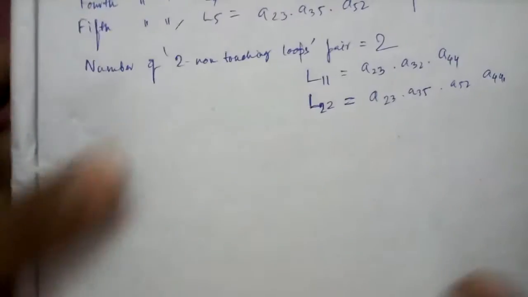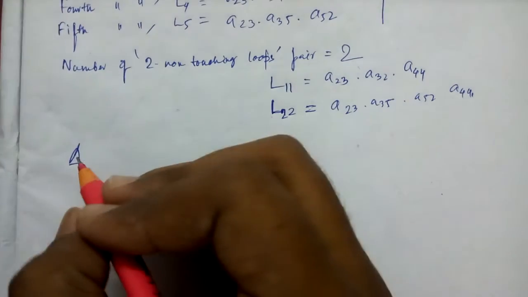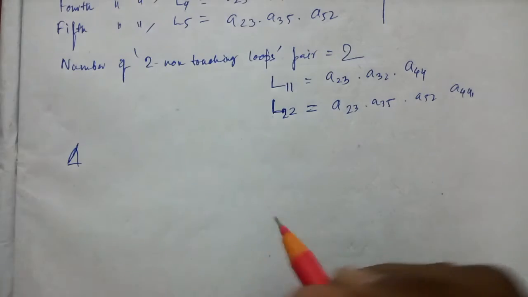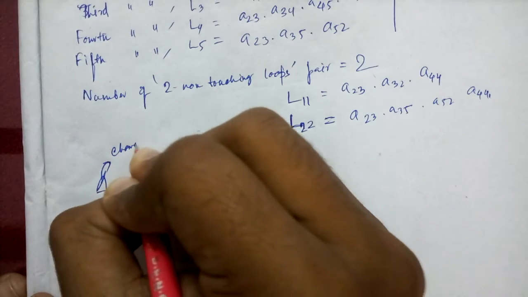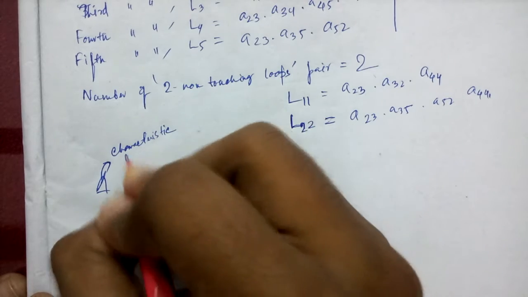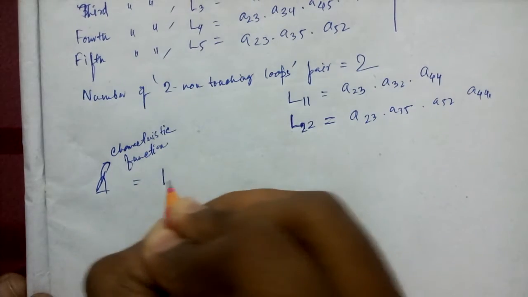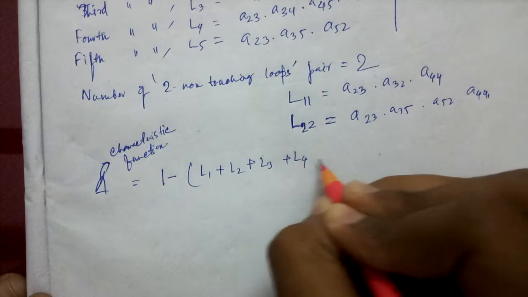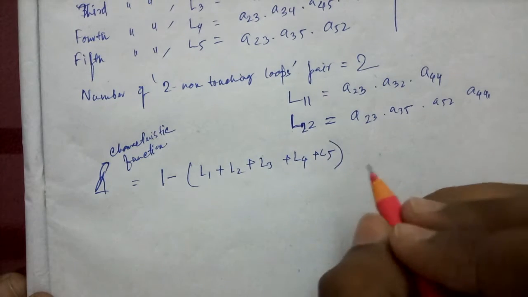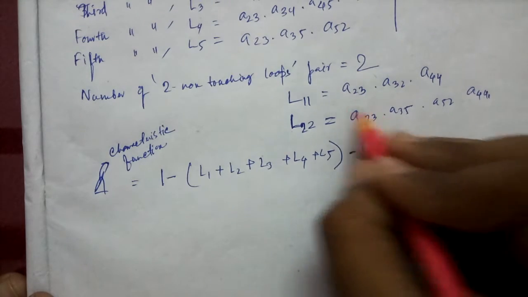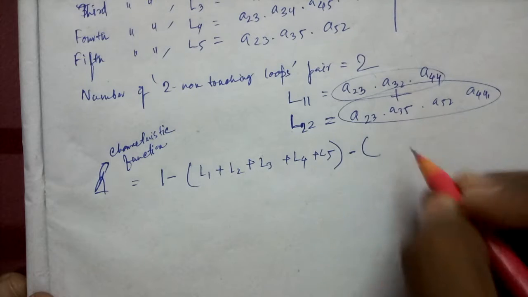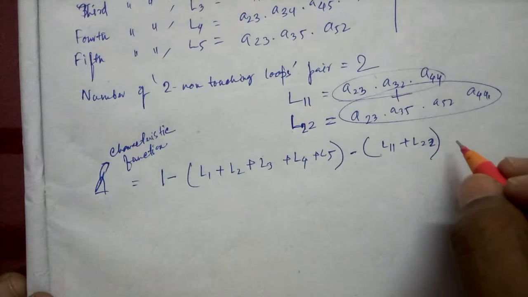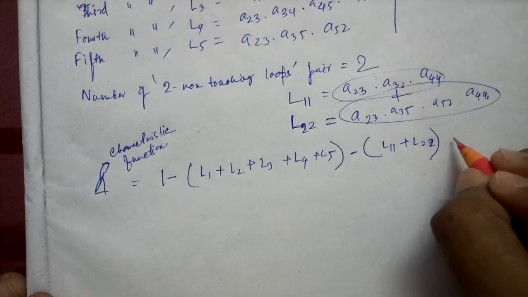So now the delta value, which is actually the characteristic function or the signal flow graph determinant, that will be 1 minus L1 plus L2 plus L3 plus L4 plus L5 minus the sum of these two products, meaning L11 plus L22, and there is no other two non-touching loops, hence the rest will be no value, and there is no